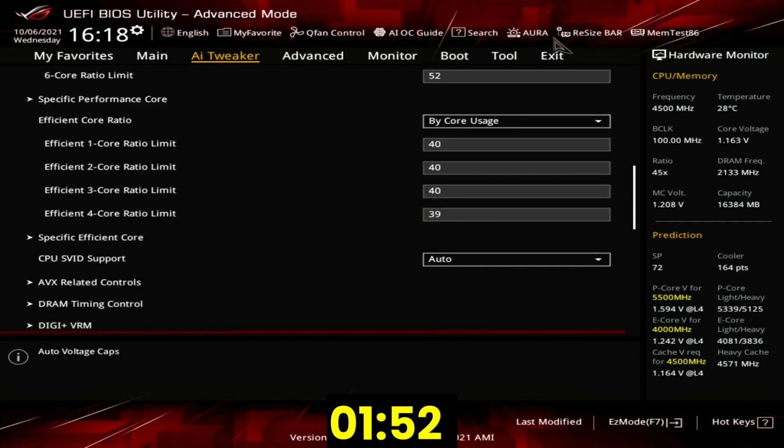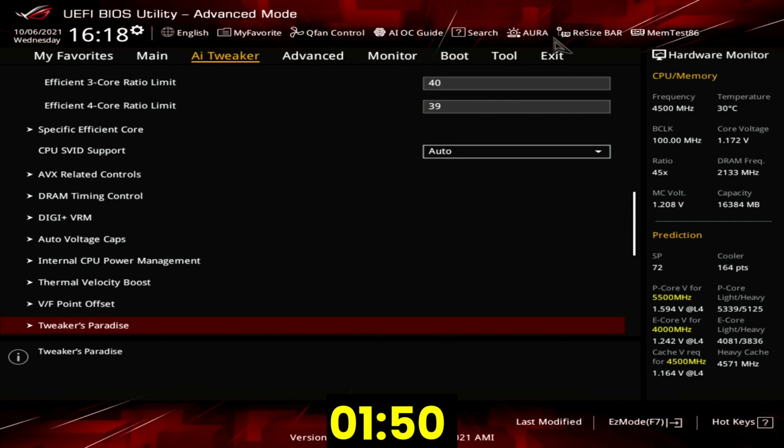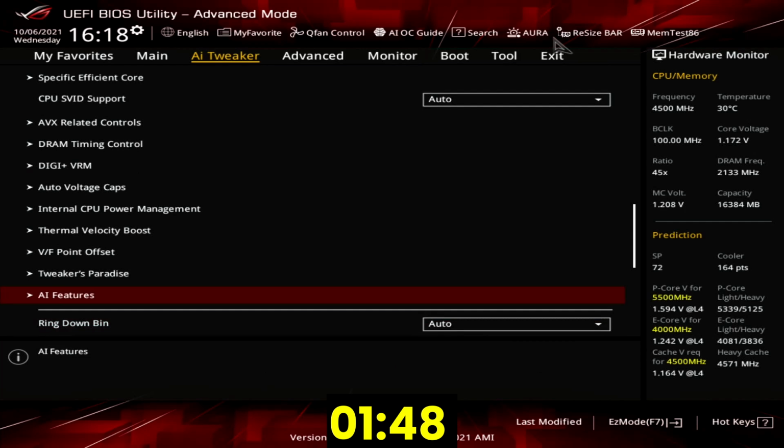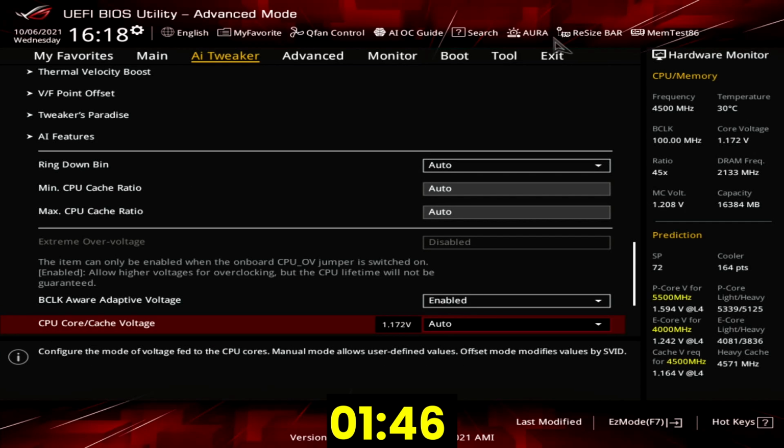Set CPU Core/Cache voltage to Adaptive mode. This will make sure the CPU core and ring voltage will scale according to its needs depending on the current CPU frequency. The adaptive voltage will be mapped against our OC ratio, that is the highest set ratio, so in our case 55x. Between the OC ratio and the highest default ratio, for the 12600KF that's 49x, the voltage will be interpolated, so the actual voltage will scale with the actual frequency.